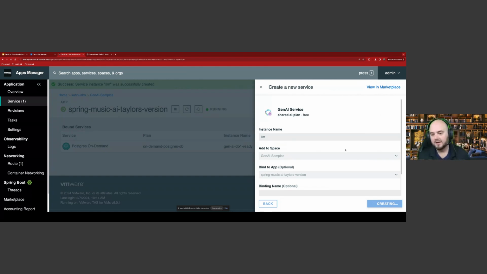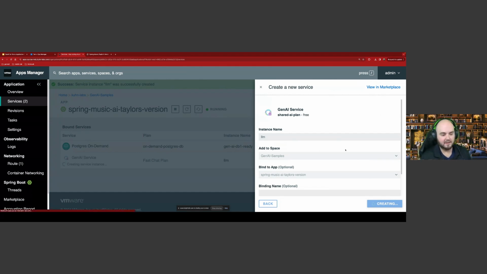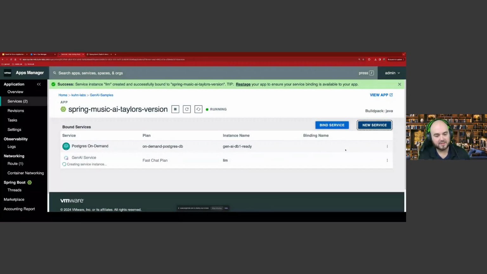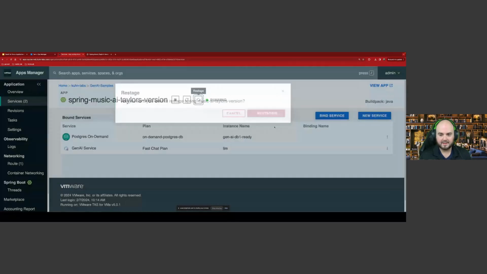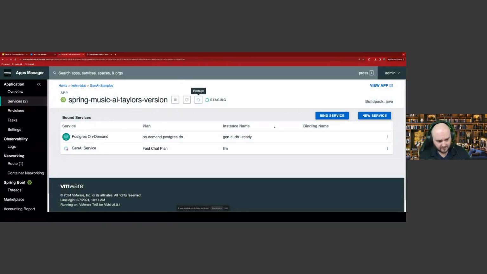So what's going on in the back end here is we are wiring up, essentially getting credentials to talk to this API that is running FastChat and is talking to these large language models. That's actually back to a VM that's got an NVIDIA Tesla T4 that's used to run this language model. So while that's creating, let's refresh and see if that's still going here. All right, so those are ready to go. They're bound to the application. We need to restage the application, so we're going to do that. That's going to inject those newly bound services into the application. And while that happens,